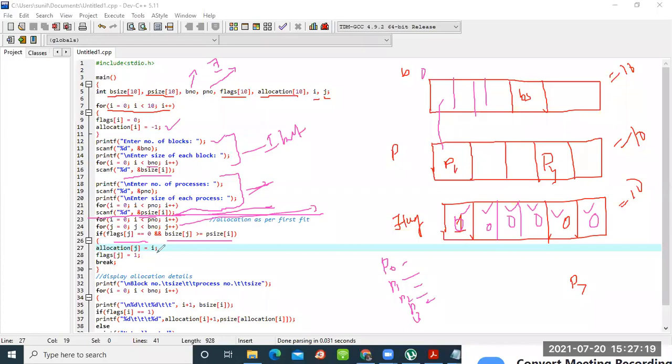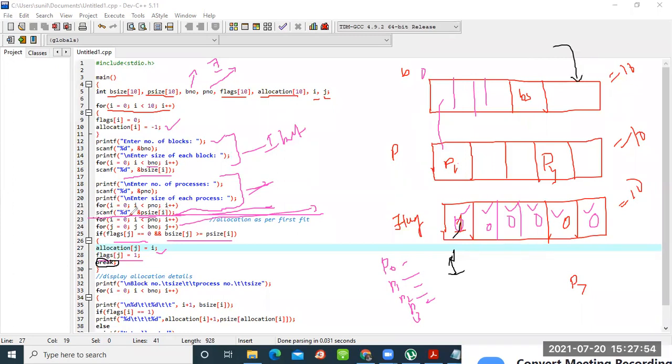So we are doing the allocation here. Now once you allocate, I have to change the flag variable. Suppose this is allocated. Now I will change this flag value to 1, so that next time this process will not be considered. Now there is a break statement we use. If it is allocated, we will simply come out of this loop. If it is not allocated, this process will continue until this condition is false. That means we will reach the end of the blocks. Okay. Now this is your allocation.